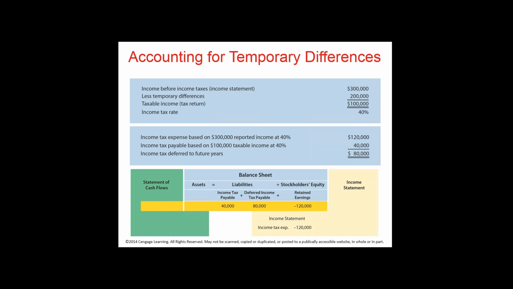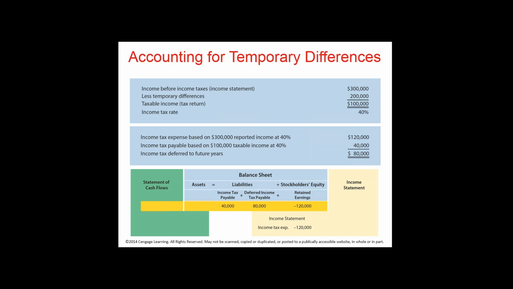But anyways, based on our tax return, we're only going to report $100,000 in taxable income. That's an $80,000 difference in what we would calculate based on income. But we know we're going to owe that additional money at some point in the future. Now remember, we want our financial statements to be accurate, and part of that is accurately reflecting what we may owe to somebody, whether it be today or next year. So the entry for this would be as follows.